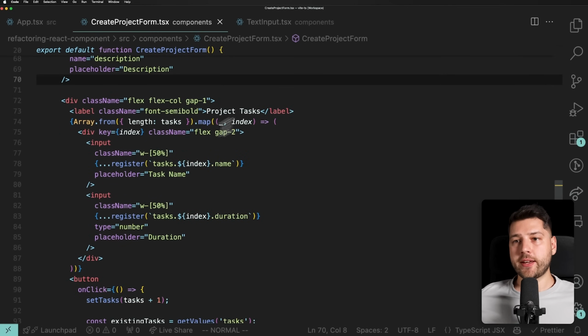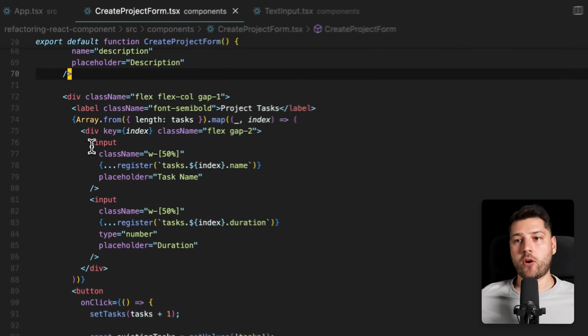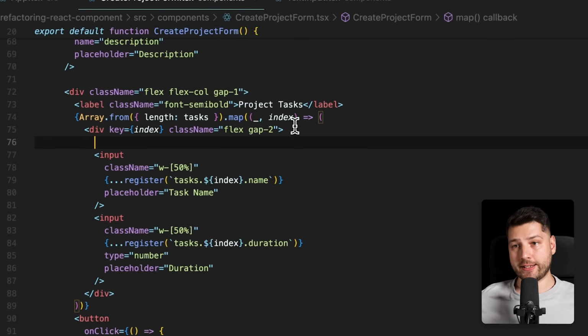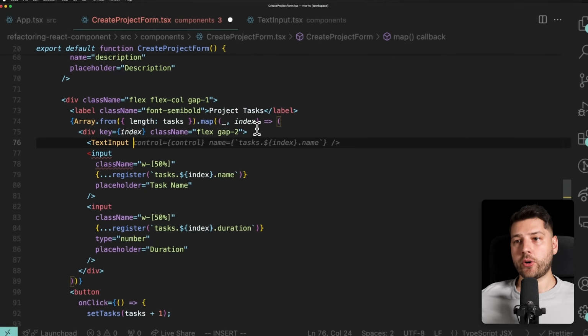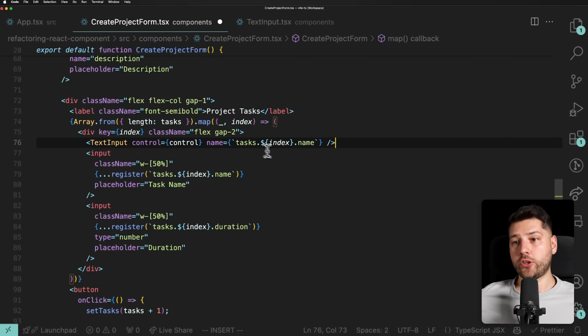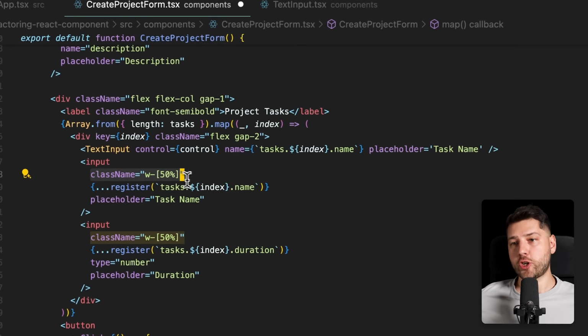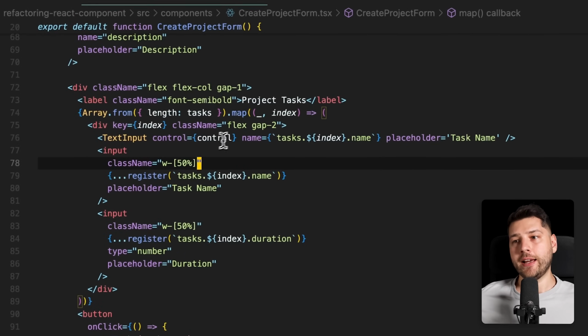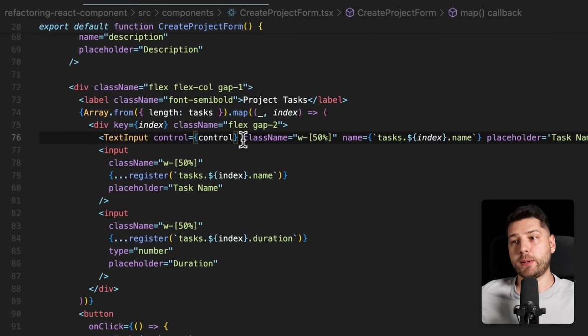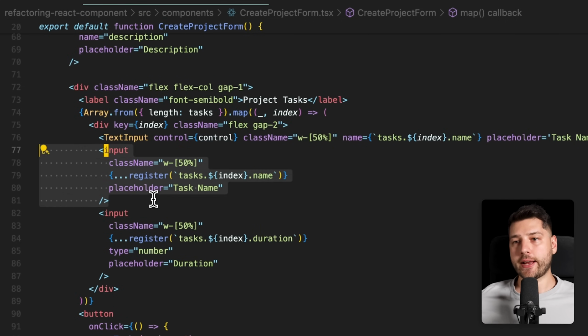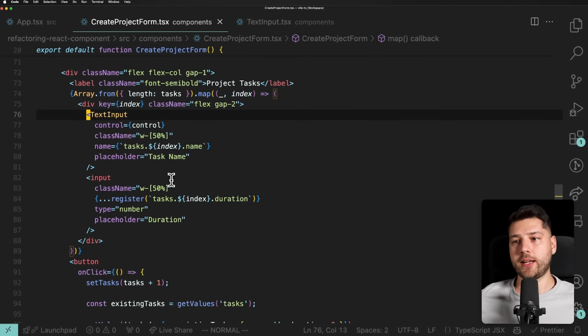We're then going to do the same thing here in our array of tasks, right? Because this also has some inputs over here. So we can just do the exact same thing, text input like this. We're going to pass it here the control. The name is going to be exactly the same. And then we're also going to put here a placeholder. Let's see, can Copilot? No, it can't. Task name. There we go. Task name like this. And we also want to pass this class name over here, just because we have it here, we also want to pass it. And the beauty is that, again, this is going to be properly typed because we're extending all of the props that you can get from an input. There we go. We can get rid of this